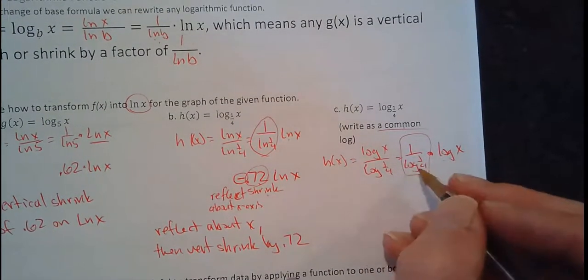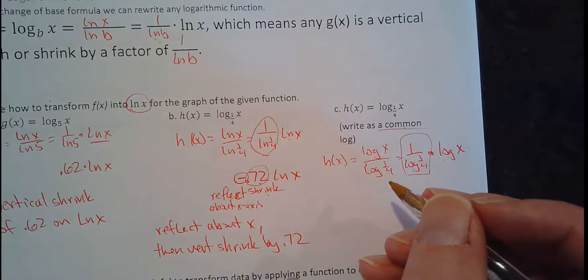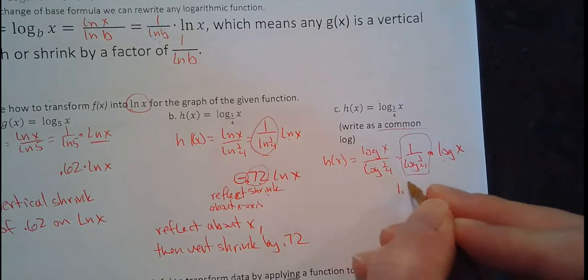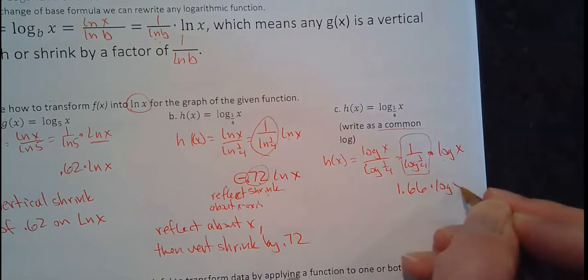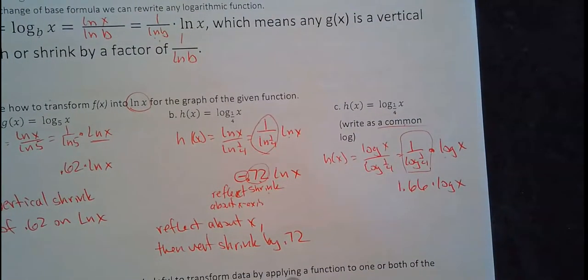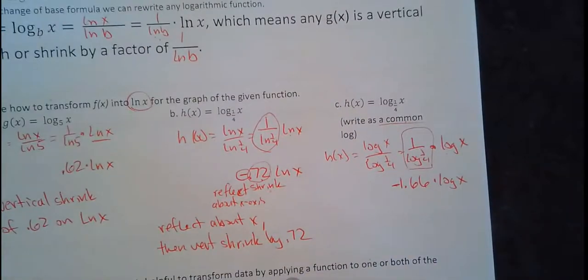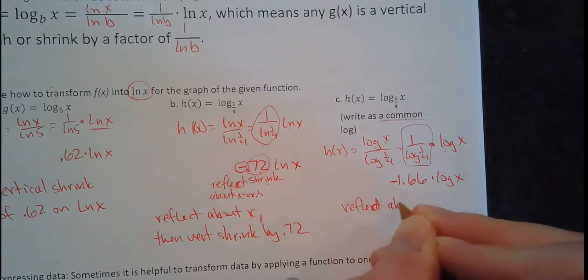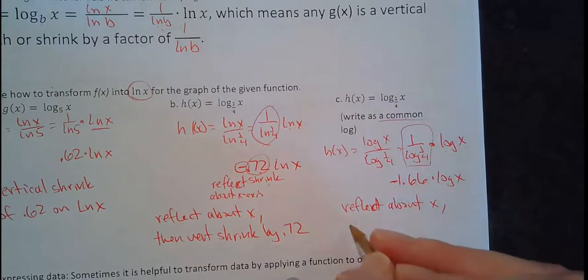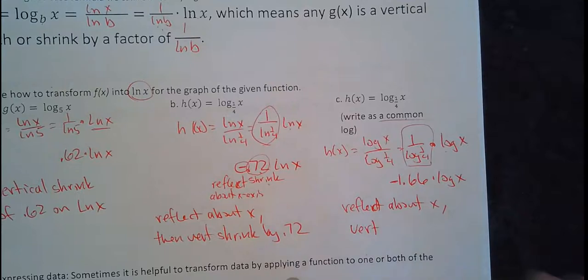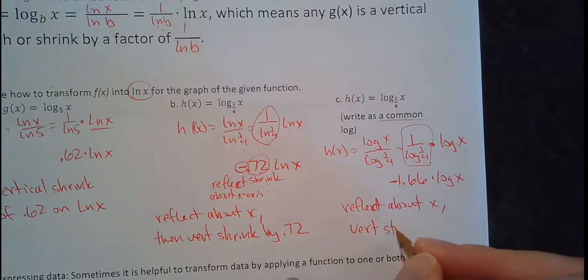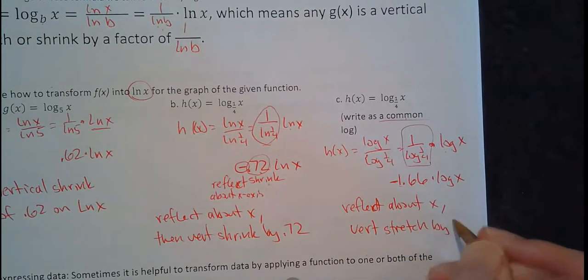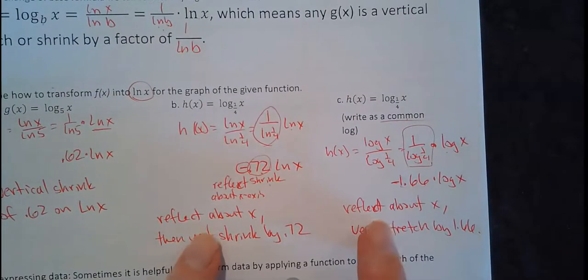Well, this I put in the calculator. It's actually negative 1.66 log x. Sorry, negative. I thought that sound looked weird. So it's a negative, so that means reflect about the x-axis and then vertically a stretch or a shrink. Well, this would be a 1.66, so it's going to be a stretch by 1.66. So both of them require reflecting about the x-axis,